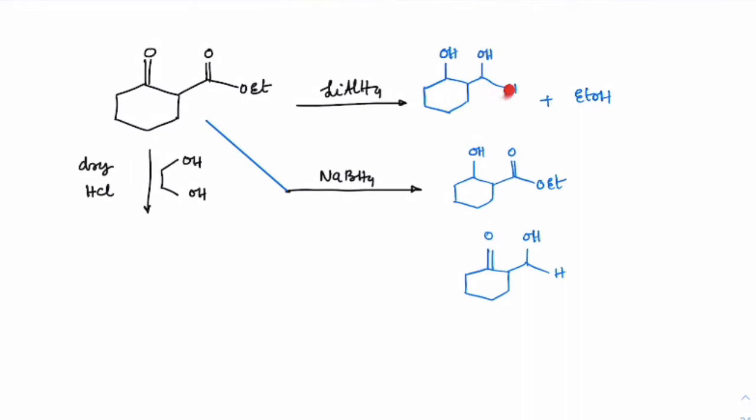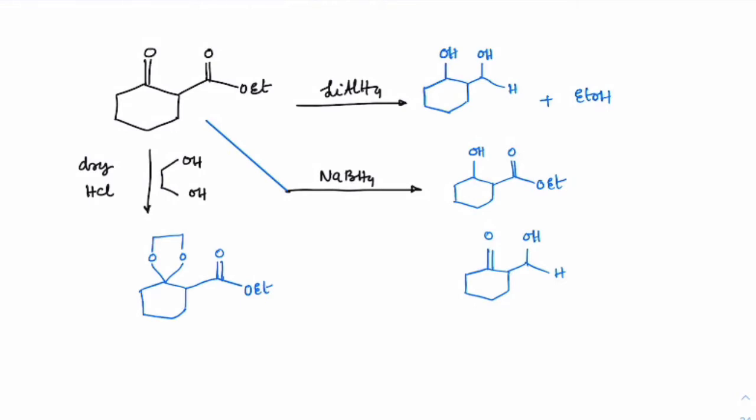But we know that esters are relatively less reactive as compared to ketones. So lithium aluminum hydride will always impact the ketone, and the keto part will get reduced first. That's where the masking will help. Suppose this compound is treated with glycol in dry HCl, then what is the product we can expect? Then acetal will form. Here we will get this as O, and this is the acetal which is formed, correct? And the ester is undisturbed, because in dry HCl you won't see hydrolysis of esters happening.